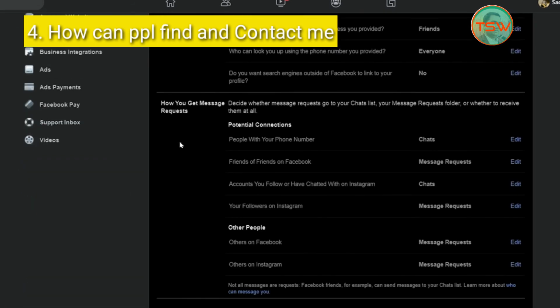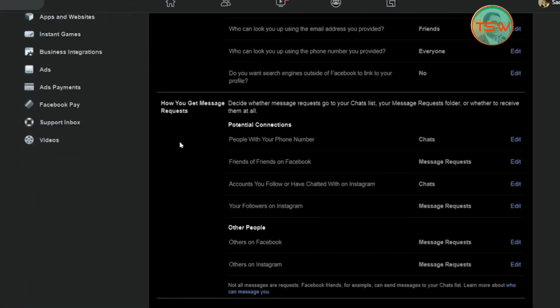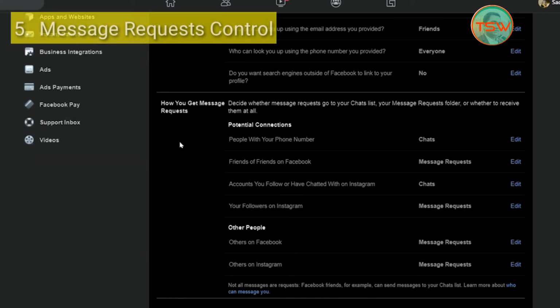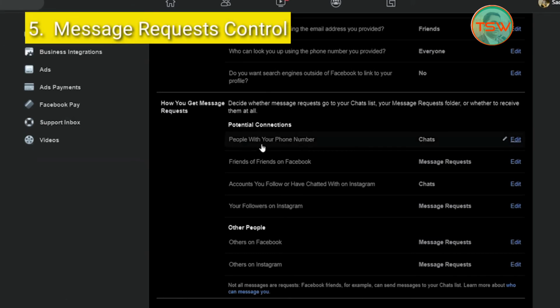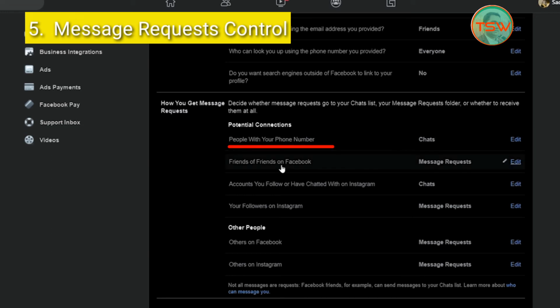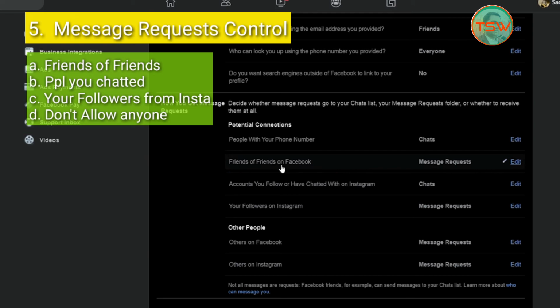And the third major option for managing your privacy on Facebook is how you get message requests. People with your phone number can chat with you. Okay, friends of friends on Facebook, only message request. Friends of friends cannot send me direct messages or chat with me. Only the people with my phone number